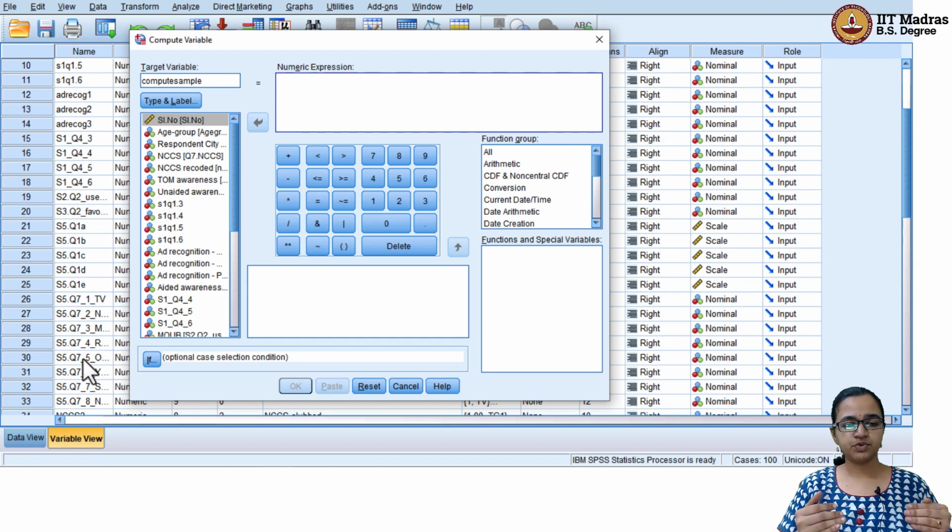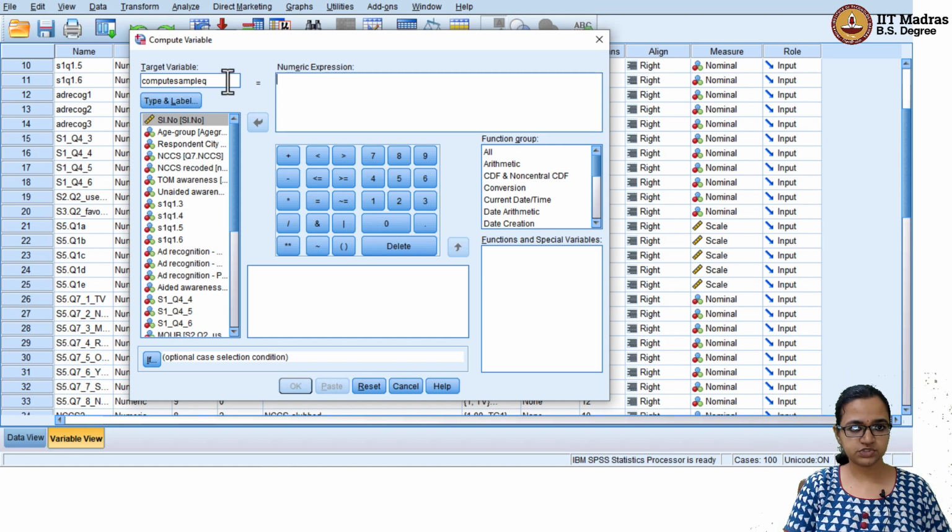A computed variable would also get added at the end of the data file. So this compute sample variable would get added below NCCS2, which was the last variable in our data file, in the variable view. Okay, so compute sample variable is equal to,